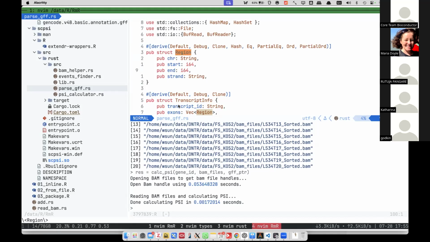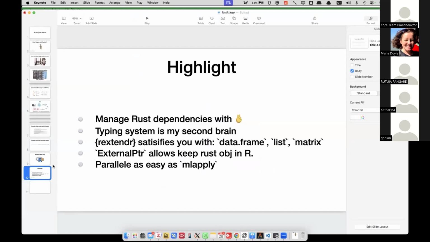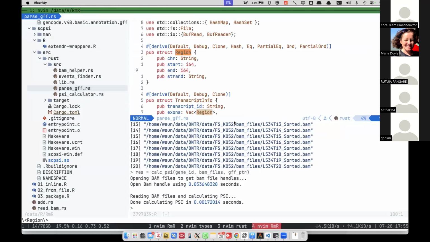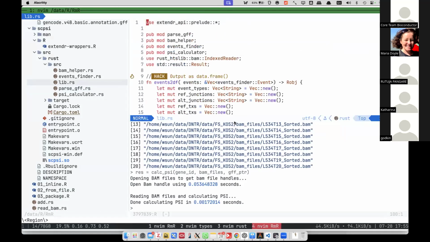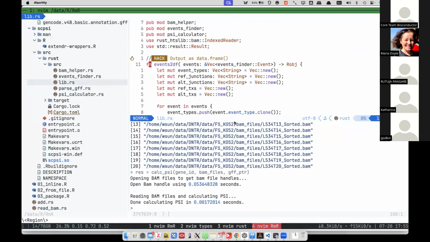It can help us to easily understand the code after a while, because it's like my external brain. Another thing that makes it very easy for me to use Rust for bioinformatics tasks is the external pointer.